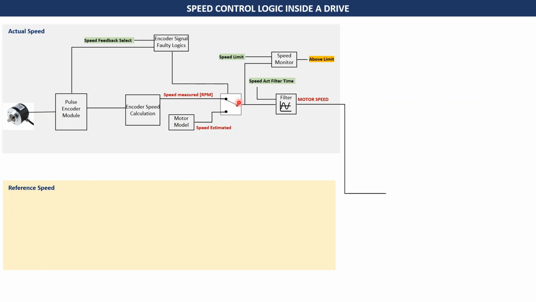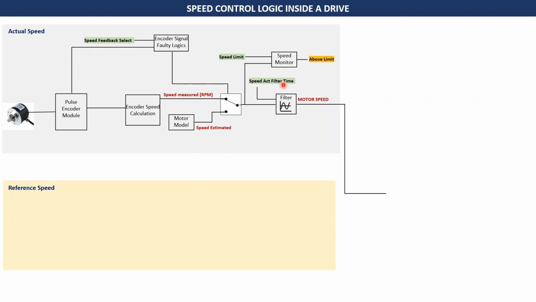Now this actual speed goes into a filter. Why is this filter used? Because you don't want the fluctuations in the speed to impact your control logics. Hence a small amount of filter is used, and then you can select this parameter, speed actual filter time. The more time you set, the more smoothened the curve will become. But then you cannot set it really high. You cannot set something like 5 or 6 seconds as speed actual filter time, because that